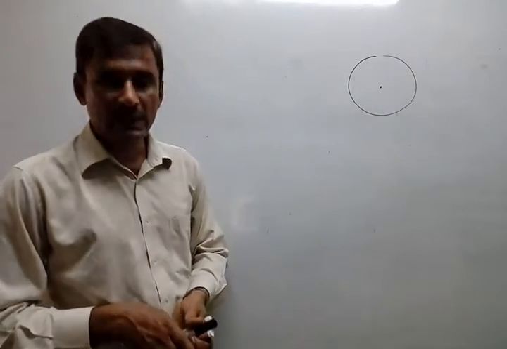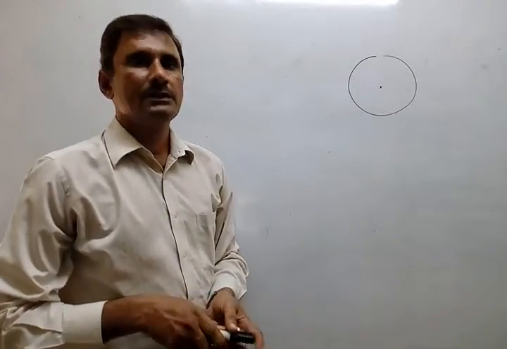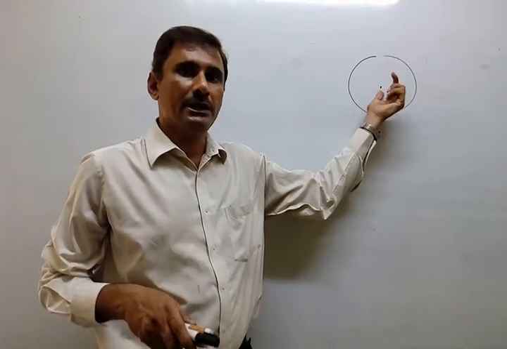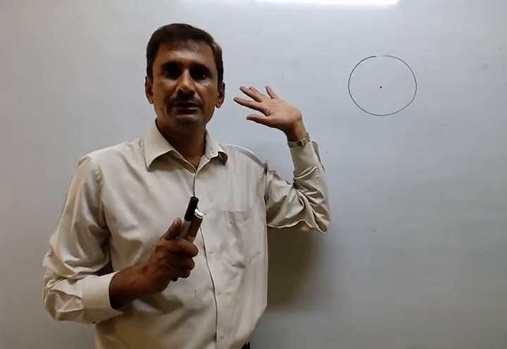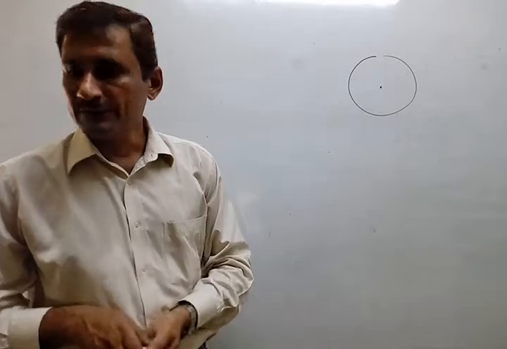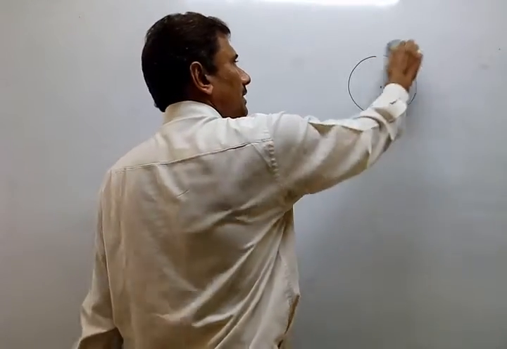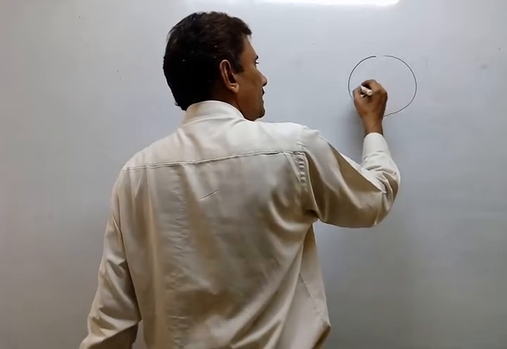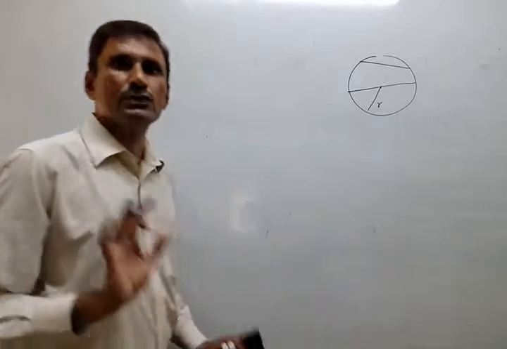I think you will not be asked the definition of circle, but if it is asked, then you can give the answer also. Circle is a set of points in a plane. In a plane is very important. Equidistant from a fixed point. Okay. Now we just look at some formulas. This is center, you know. This is circumference, you know. This is radius, that also you know. This is diameter, you know. This is any chord, that also you know.